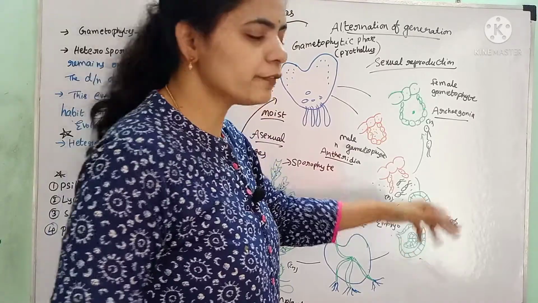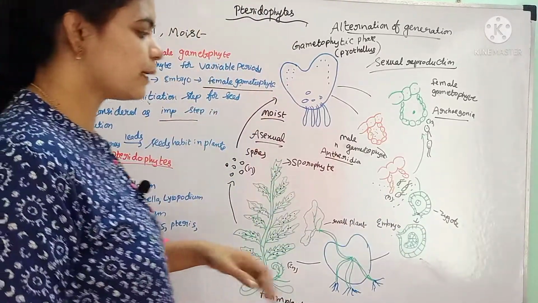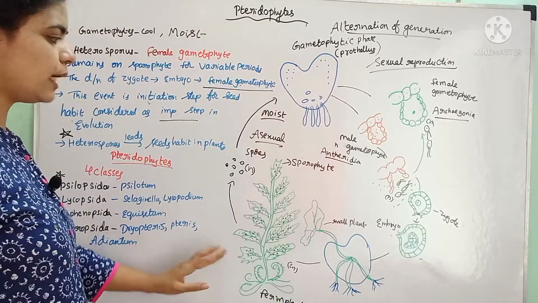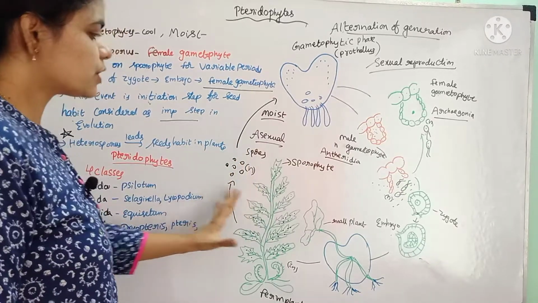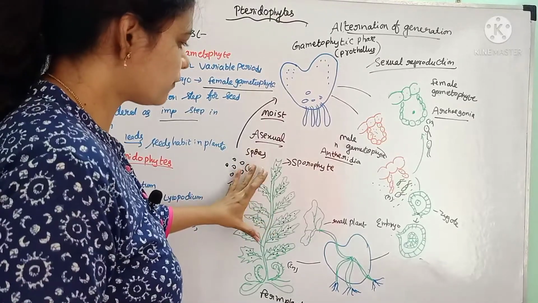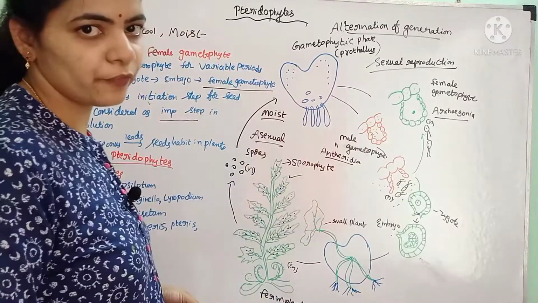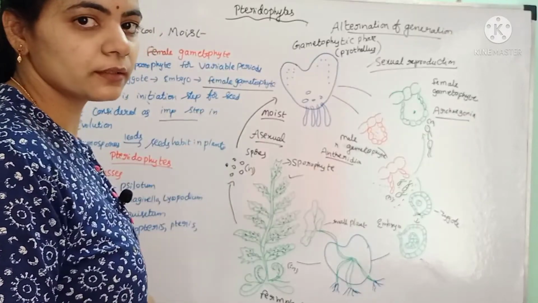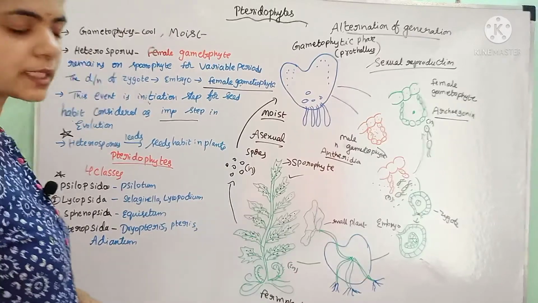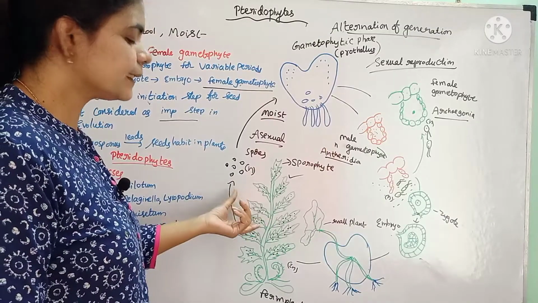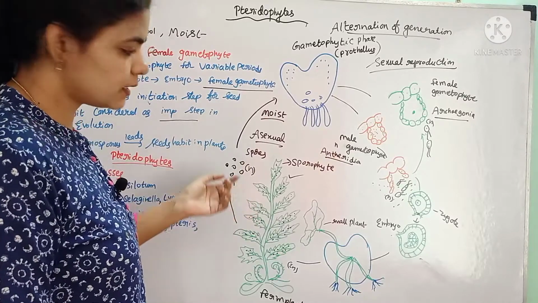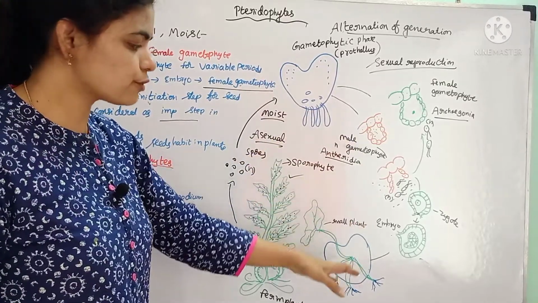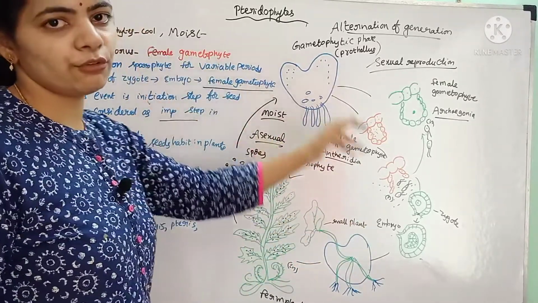This zygote further develops into an embryo. From this embryo, a small plant grows, which further grows into a matured sporophytic plant. The dominant phase of the pteridophytes is the sporophyte. This sporophyte grows into a huge plant, which consists of true roots, leaves and stems, and on the leaves the spores develop, which disseminate, germinate and develop the prothallus. Again the gametes form, fusion occurs, and like this the cycle continues.